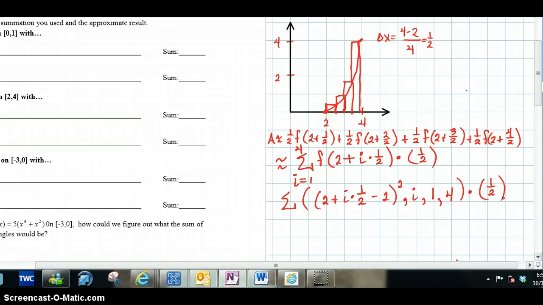When we substitute this into our calculator, we're going to get an area of 15/4, or 3.75. So the area beneath this curve is less than 3.75 because you can see the rectangles are actually circumscribed